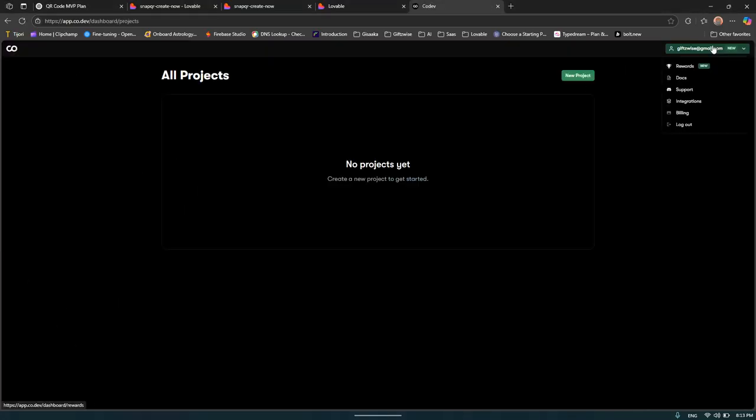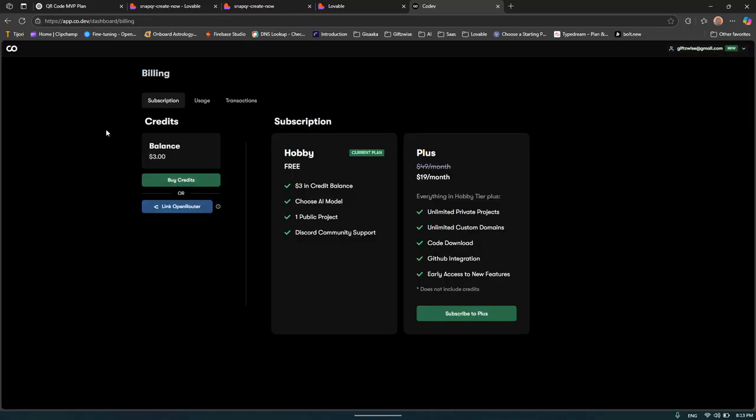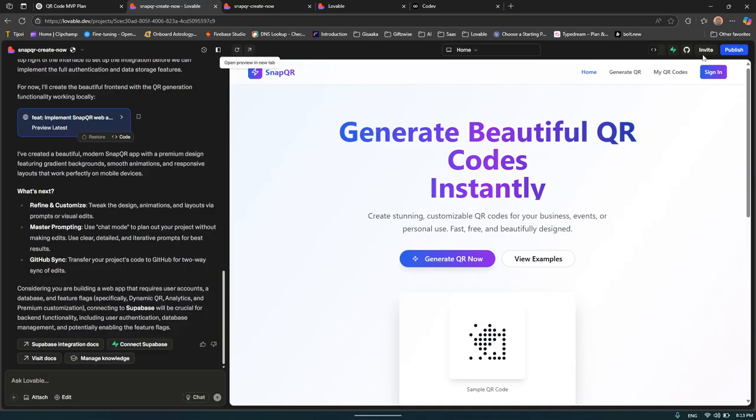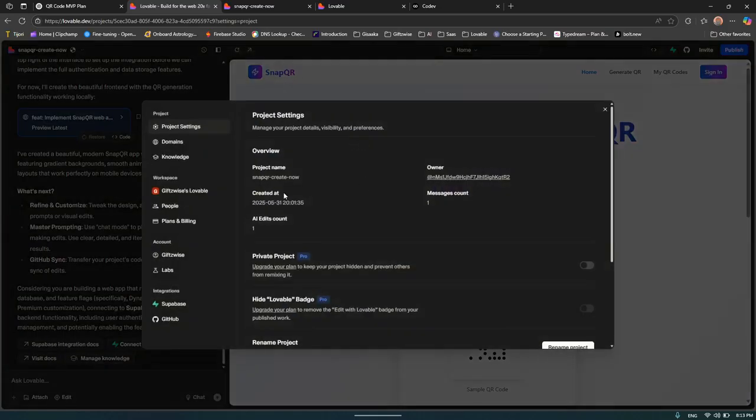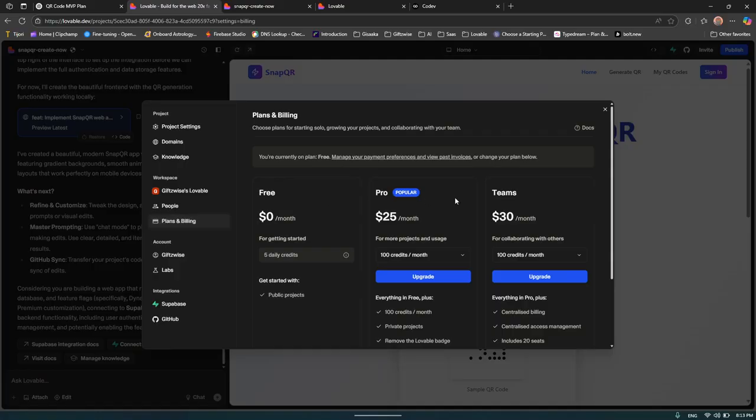Here also we have some kind of a limit. If I go to the billing, if I'm not wrong, we get $3. Just to make it clear, each of these platforms has their own way of billing. For example, with Lovable, as you have seen, each prompt is 1 credit, and they give you 1 credit in the free plan. They also have multiple paid plans. If I go to the settings, plans and billing,